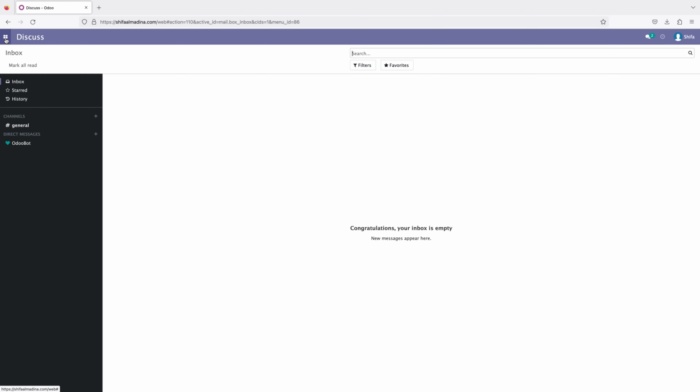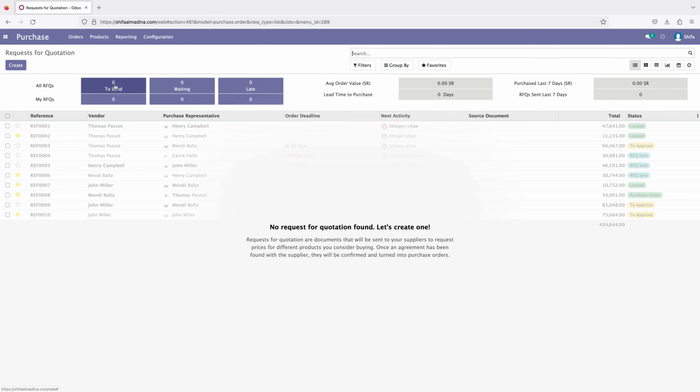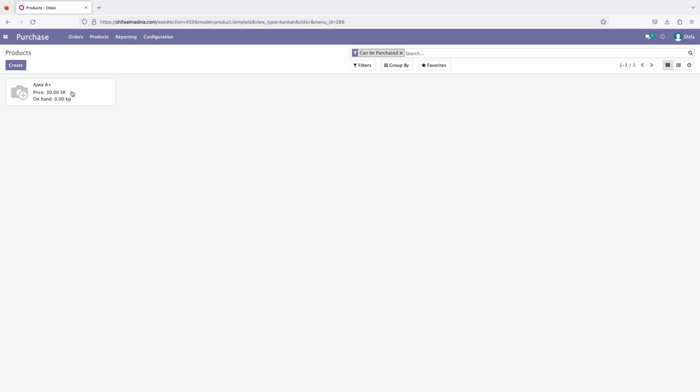After logging in, at first I check our product. From anywhere I can check. I go to the purchase app, and from there I click product. Here you can see I already added one product. The product name is Ajwa A plus. This is one type of dates. If I open this one,